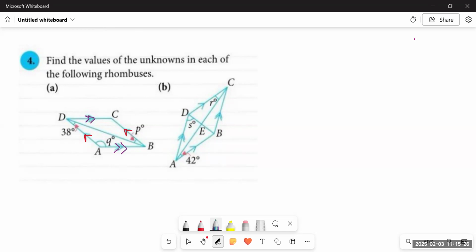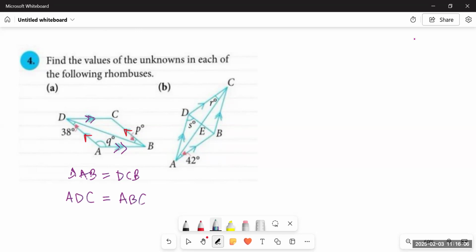But what is the difference between a rhombus and a square? All four angles in a square are 90 degrees, but in a rhombus, none of the angles are 90 degrees. But we have to remember that opposite angles are equal to each other. It means angle DAB would be equal to angle DCB. Similarly, angle ADC would be equal to angle ABC. You have to keep this in mind, right? Yes, one more thing, the diagonal lines from one point to the opposite point,